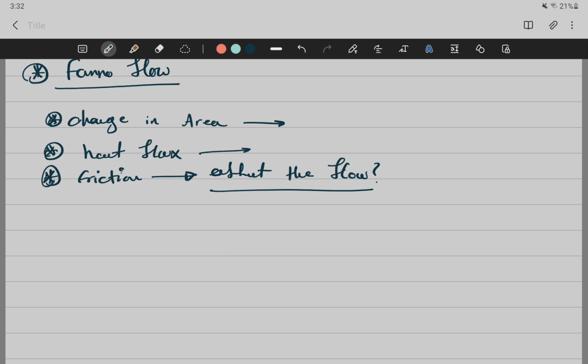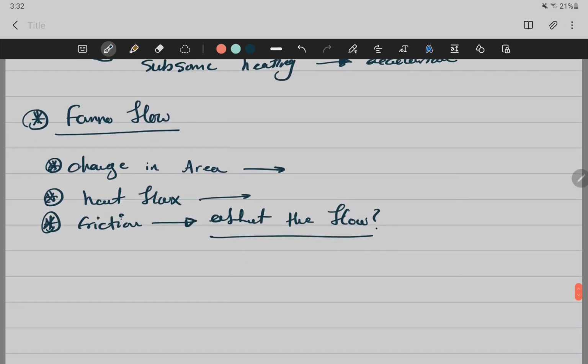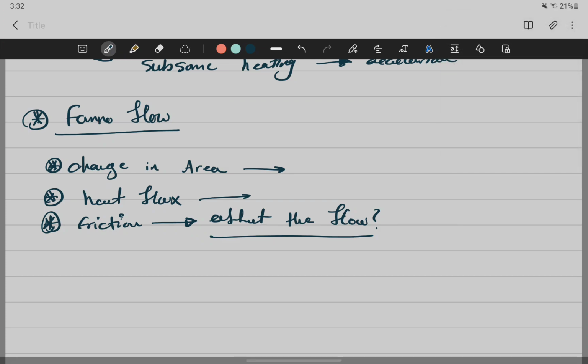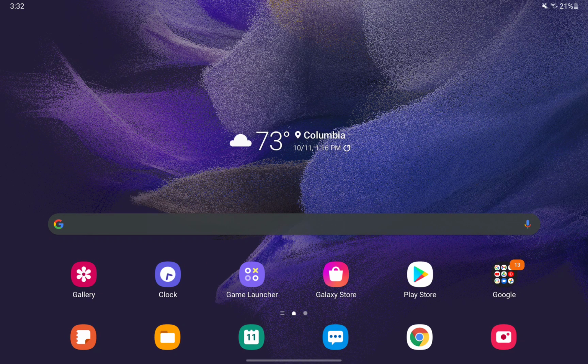Any questions? Professor, when do you think those exams will be graded? The exams, I actually looked at the